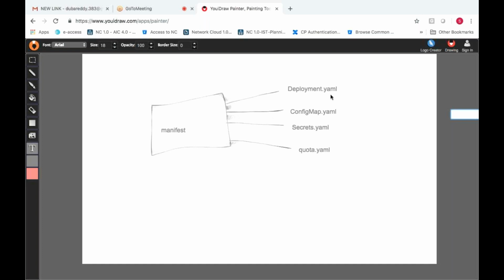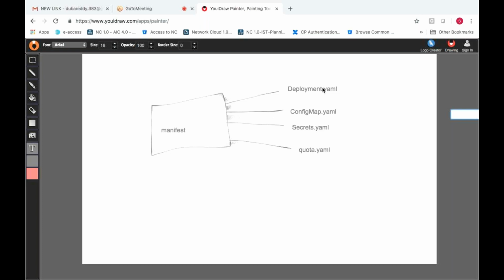For me it's not required to go to deployment.yaml, config map YAML or something else. There will be one YAML file where I can modify all the values, called values.yaml. If I modify the values there, my deployment, config map and secrets will pick the values dynamically. That is how it is designed.